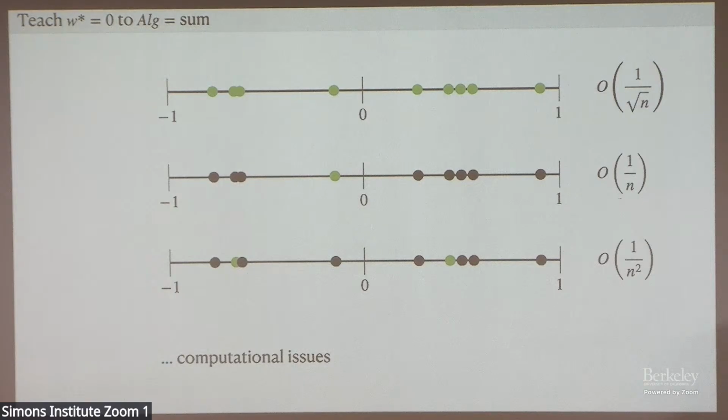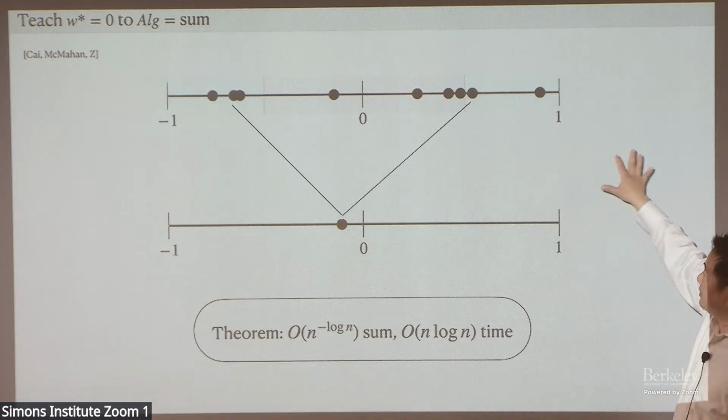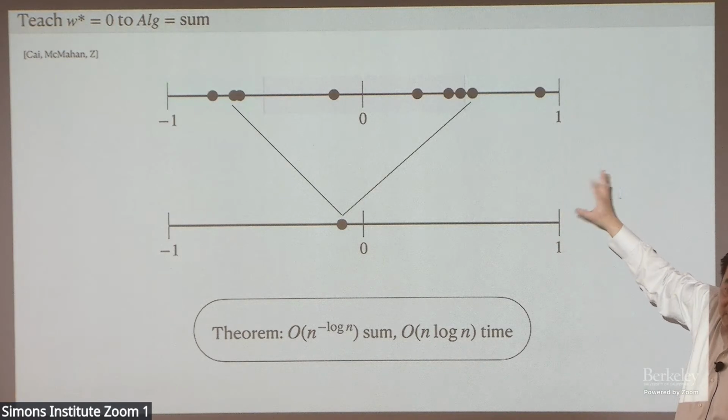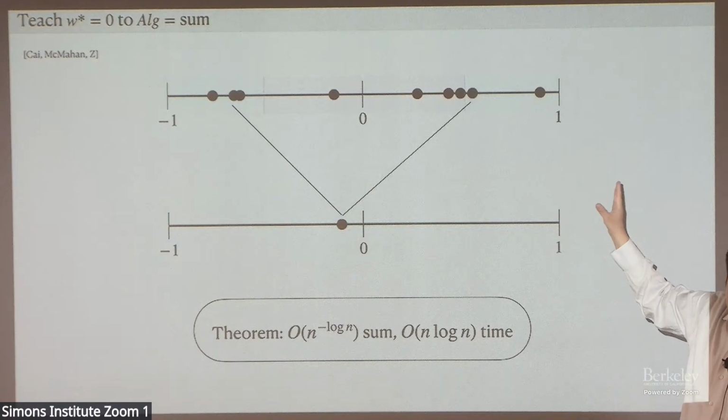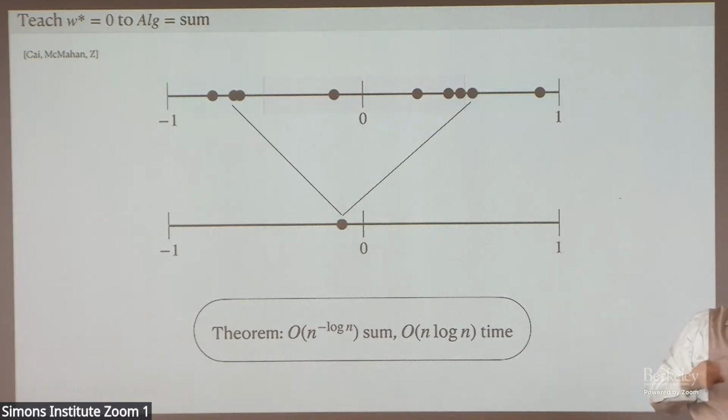But we run into, of course, computational problems, because you don't want to enumerate all those subsets. So what is a good way to do that? This is where we had to think of approximate algorithms. And here's one particular one, where the teacher could divide the original interval into a symmetric number of bins. I'm using 4 symmetric, evenly spaced bins, just for illustration. And what the teacher can do is the following.